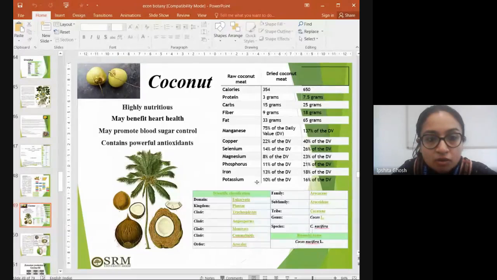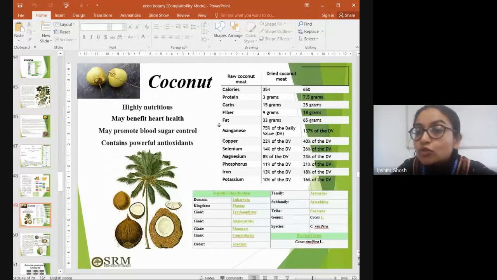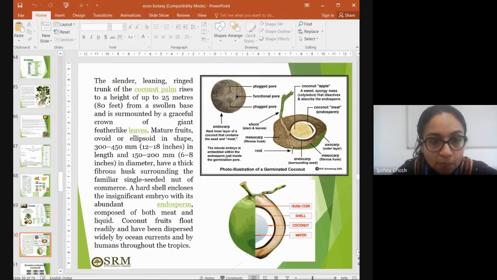Regarding the health benefits, definitely it's good for cardiac health, very good for the heart. And coconut oil is very much consumed for cooking purposes. You've seen, specifically in South India, people prefer using a lot of coconut-based products, be it oil, cooking, coconut water, coconut milk. They use all sorts of coconut-based products, and it is also considered sacred religiously in most parts of our country. So definitely you should know all of that.